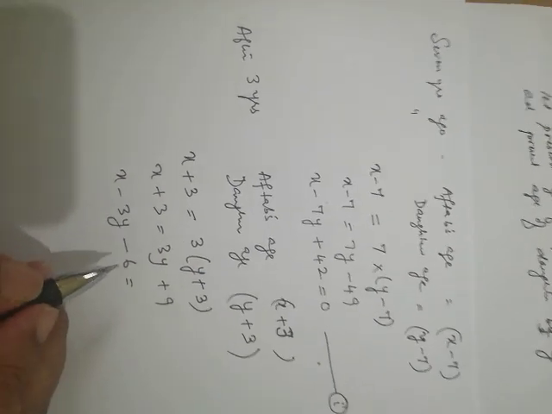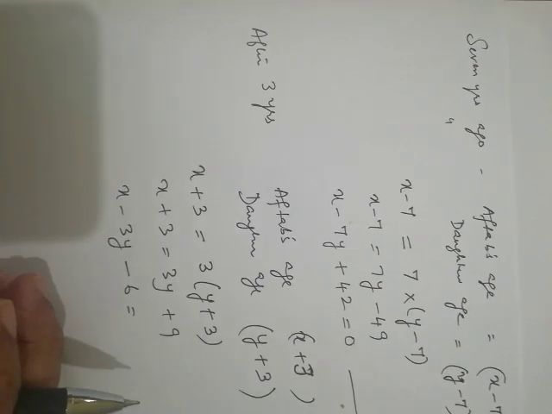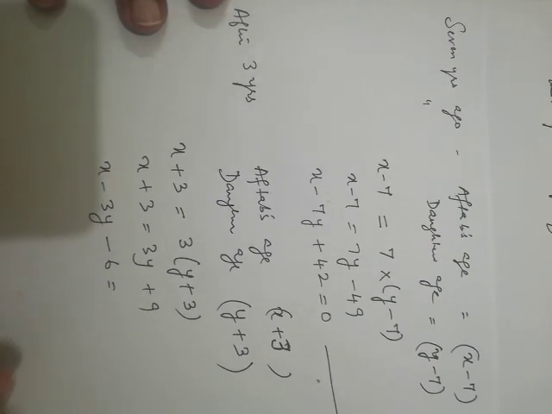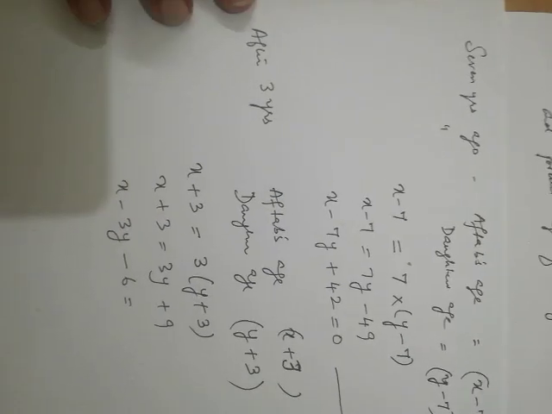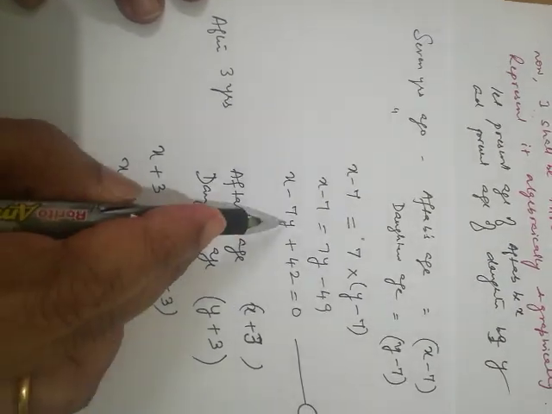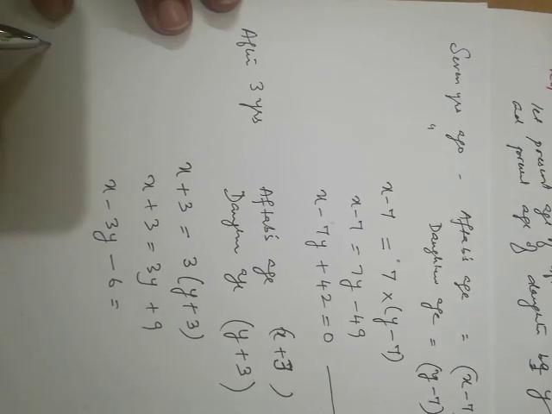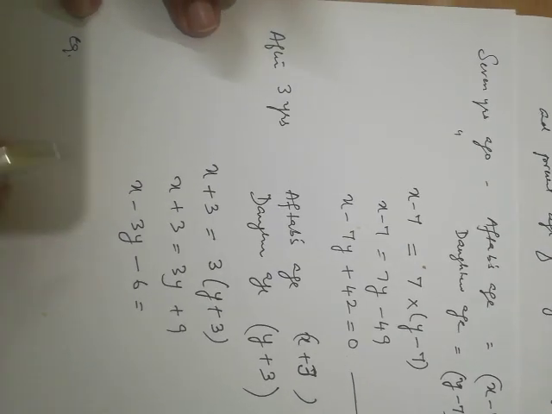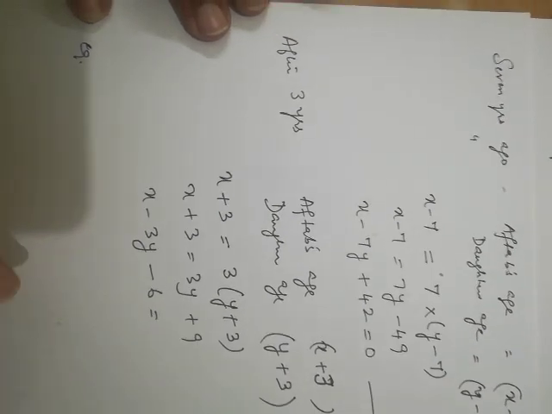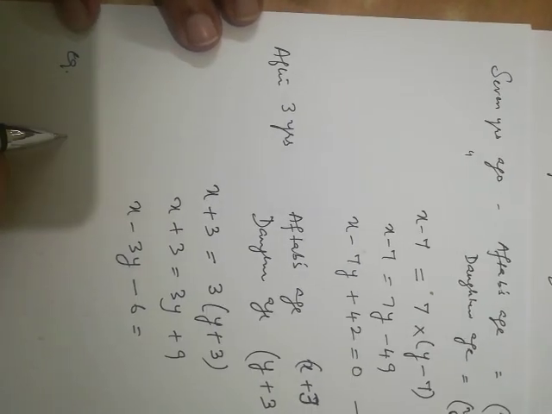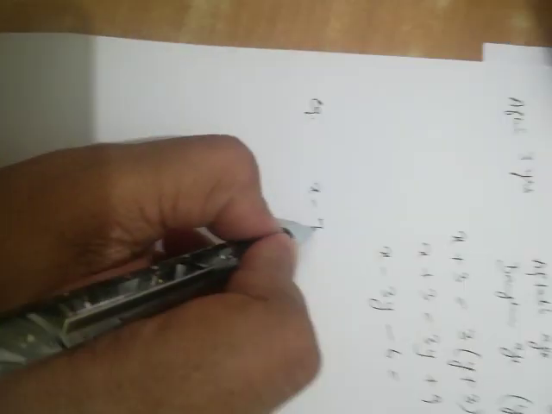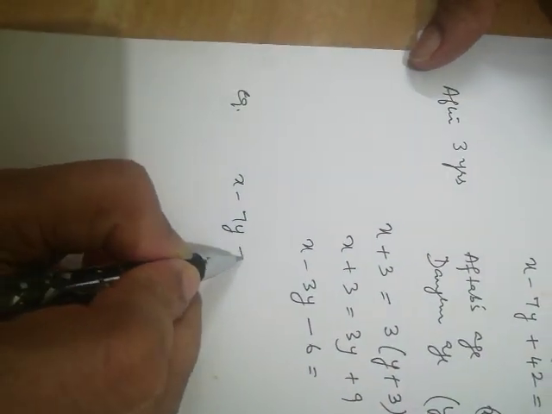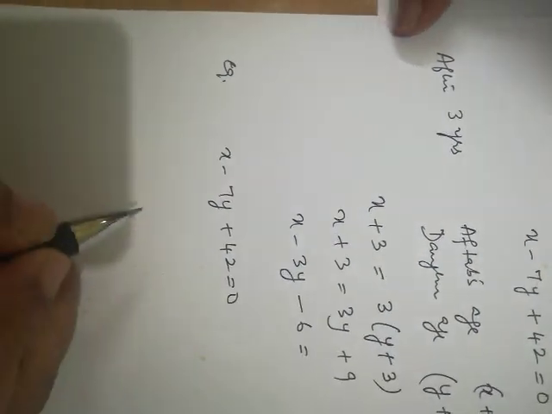Now we have these two equations. Now these two equations have to be represented graphically. Let us recall what we have done in the 9th standard. I'll take the first equation, and I'll find a minimum of 3 points right now. So we have the first equation, x minus 7y plus 42 is equal to 0.